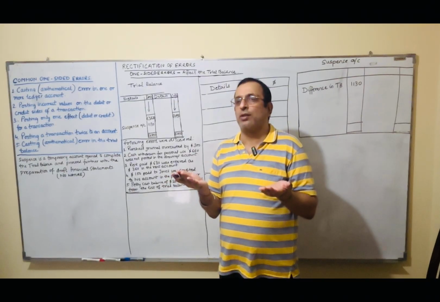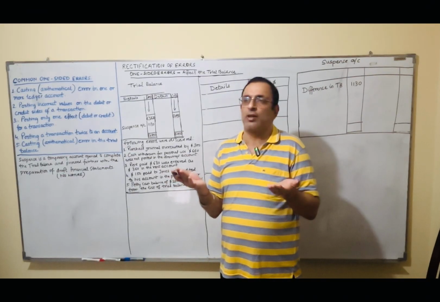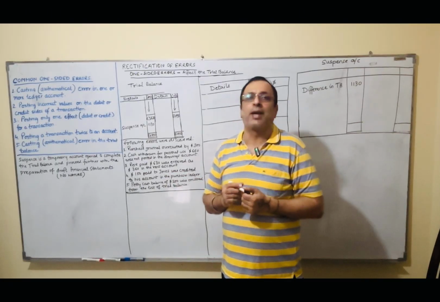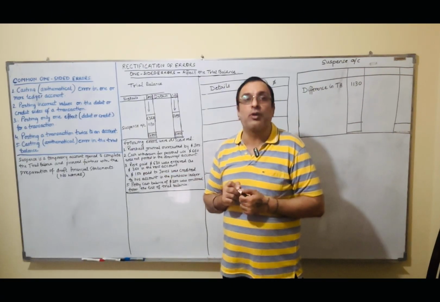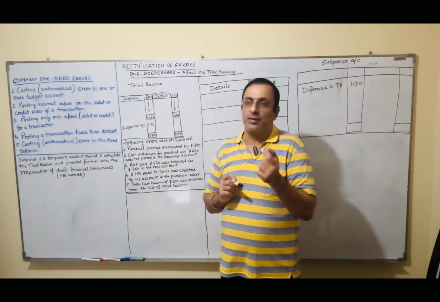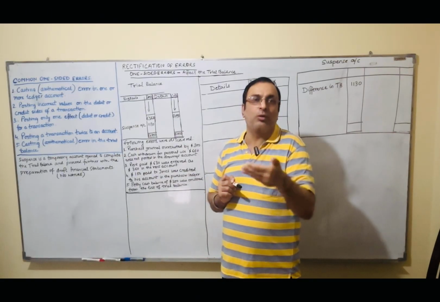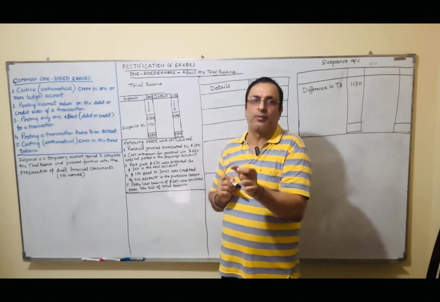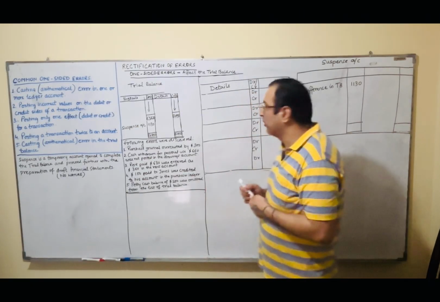When we do the entry for purchase, what entry we do? Suppose I purchase goods on credit. Entry is purchase account debit, cash account credit. I have recorded wrong amount, meaning I have recorded extra amount only in the purchase, not in any other account. Right? So what I will do is